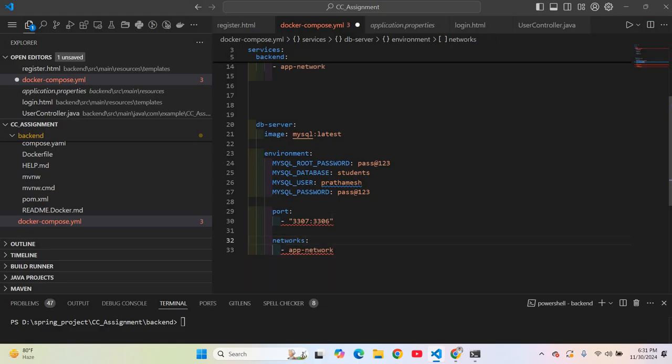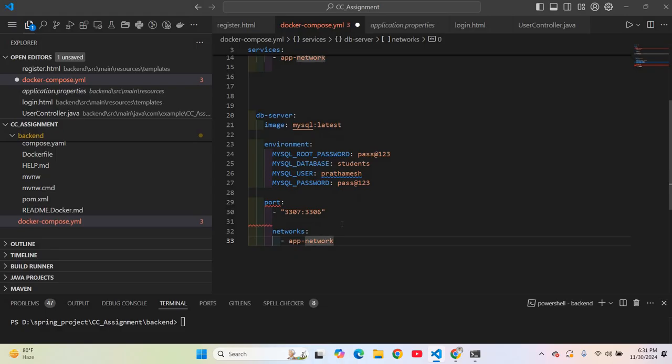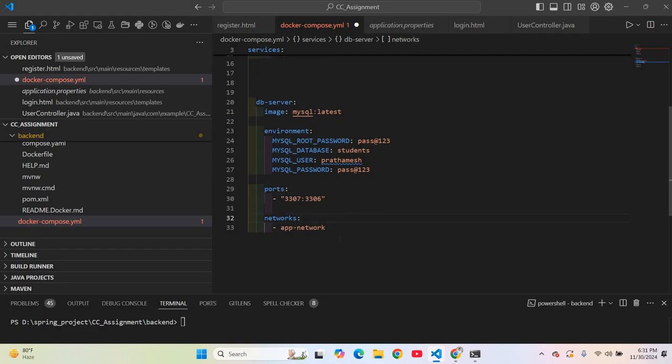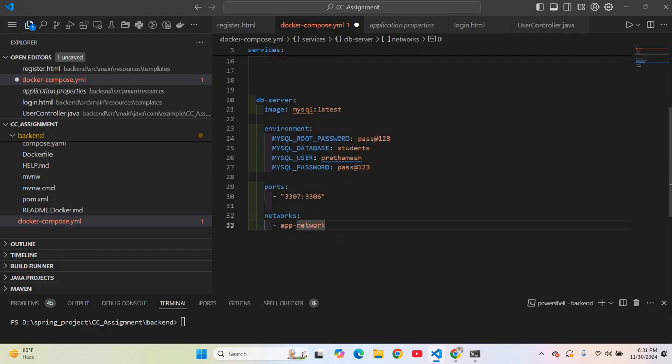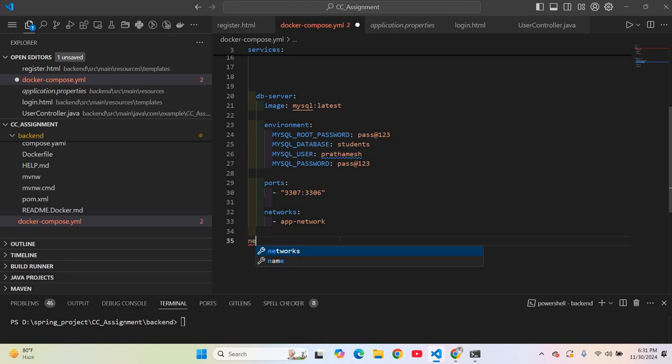What is this? Oh, it is not the environment variable. It will be the ports. Networks will be